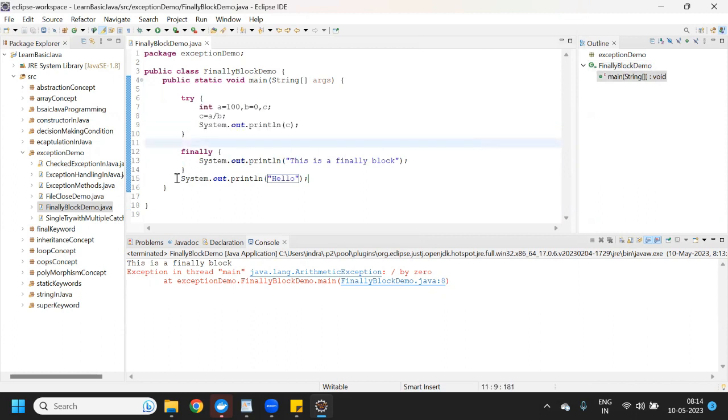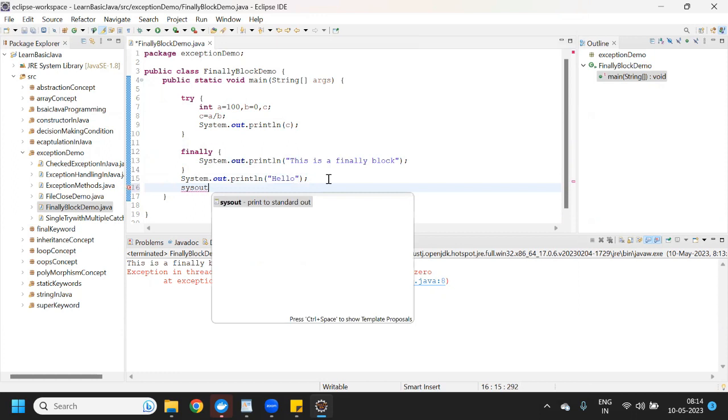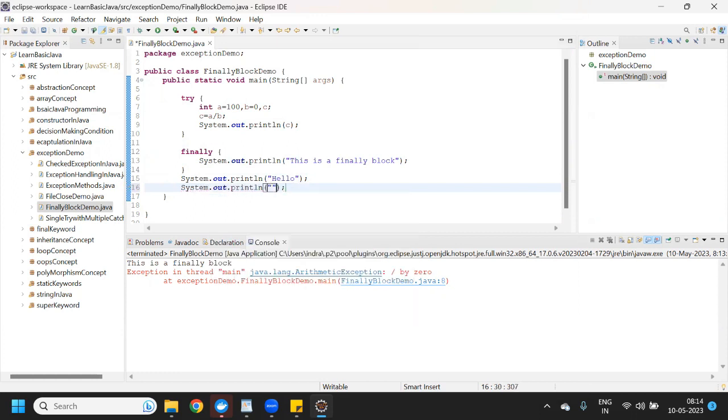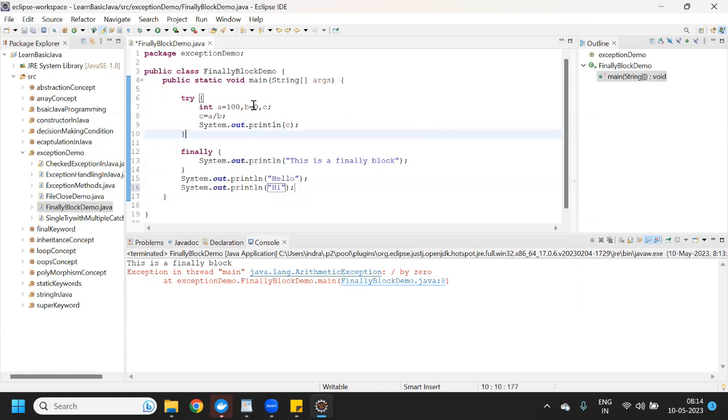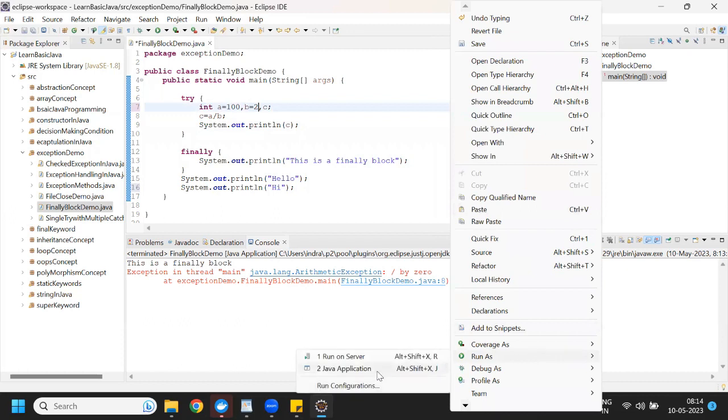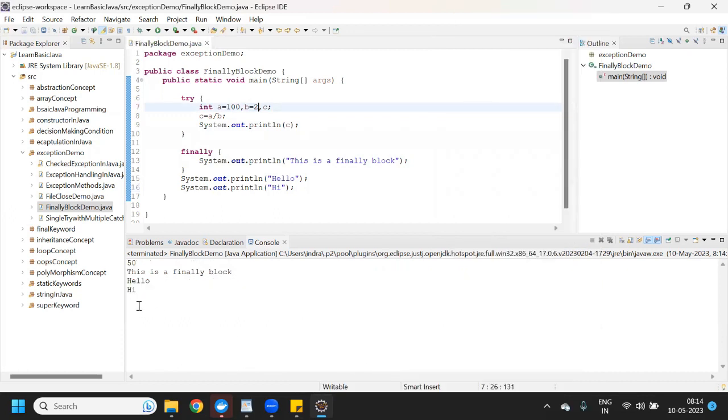After that, whatever code you have written here will not be executed. See, these lines of code will not be executed. If I use 2 here, then it will be executed. See, now it is executing, right? Hello, hi, and everything is being executed.